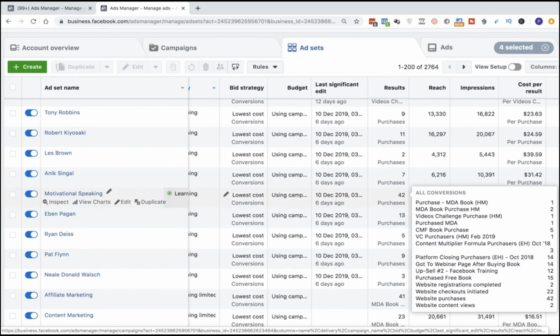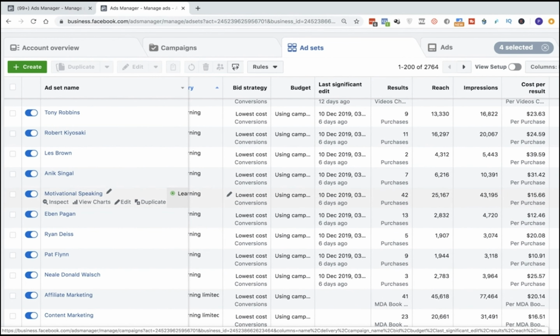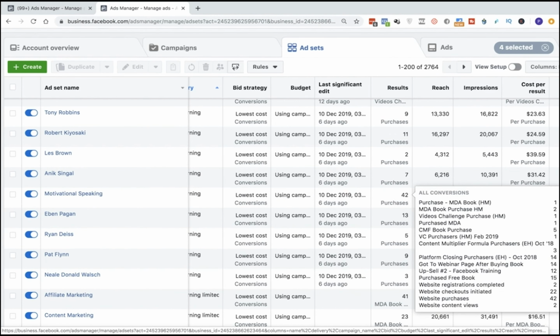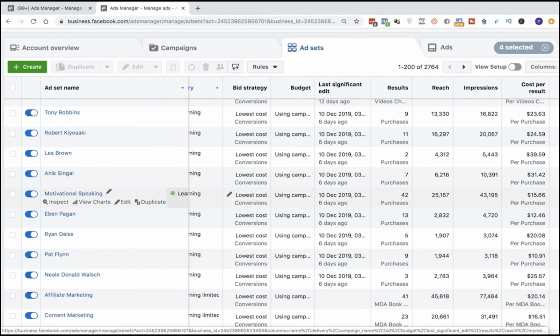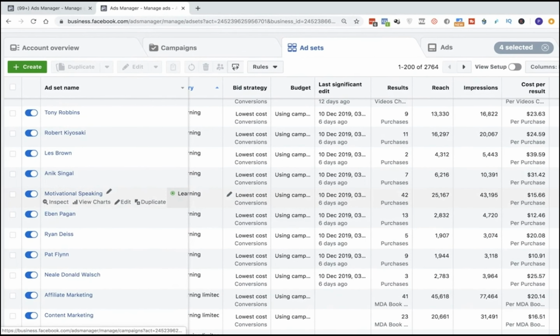This ad set here has got 42 sales with like $15 cost per purchase. And I know that for this funnel here, my average cart value, that means every time somebody goes through this funnel, is about, which one is this for? So this is for, yeah, this one's about $220. So this is like really good. So if I wanted to duplicate this horizontally, in fact, the first thing that I can